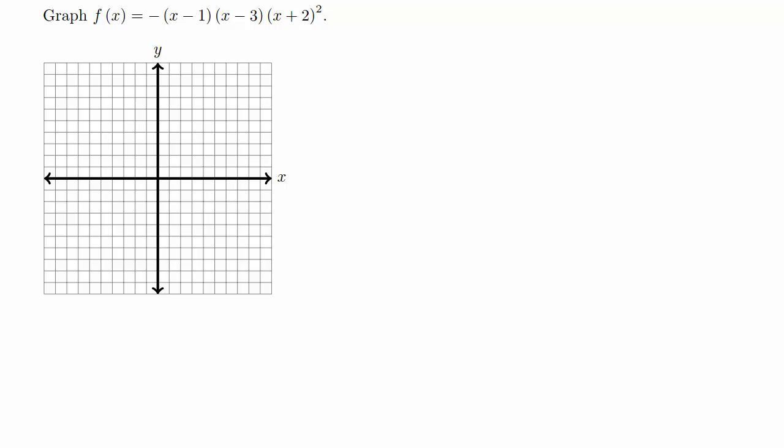Hello. In this example, we're going to graph f of x equals negative x minus 1 times x minus 3 times x plus 2 squared. Now, normally when we're trying to graph, the first thing we would do is find all possible rational zeros. However, this time we won't, because we know what the zeros are just by looking at the problem. So instead, we're going to write down our table, the